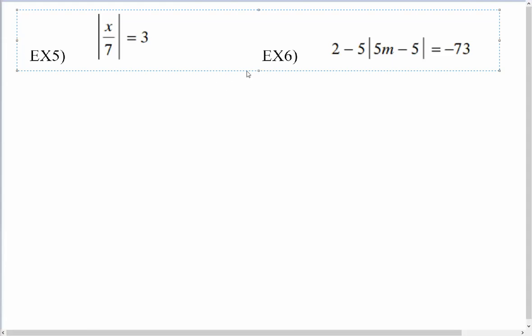Alright, back again with the review for the test coming up. And in this case, we're going to solve equations involving absolute values. Now, the trick here for absolute values, we need to isolate